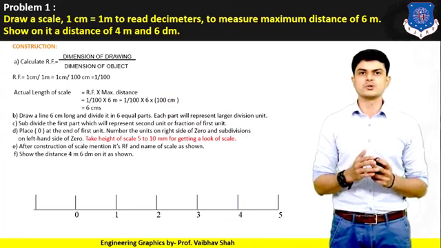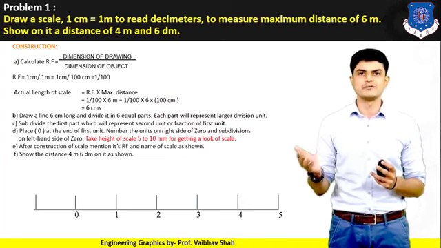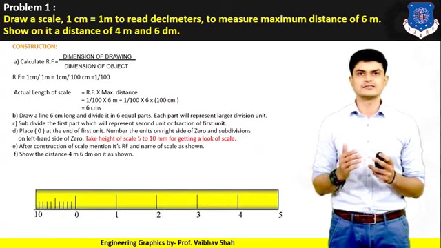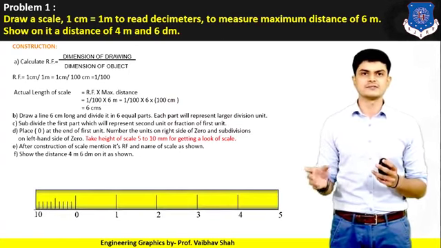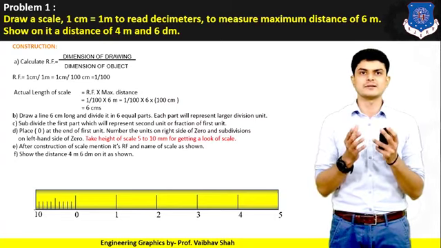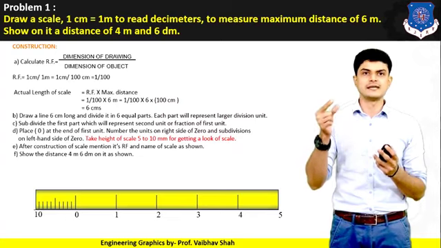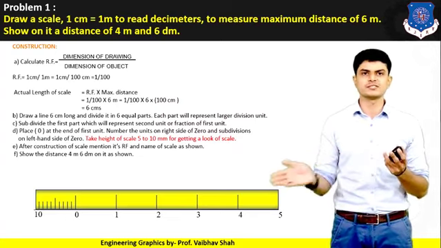After that we need to divide the first part into subdivisions like this, you can see. So we have divided it into 10 parts, so that you can see there is no height of this scale. As we know, if we are using a centimeter scale also, we have some thickness or some width of that scale. So we need to provide the same width to this scale also.